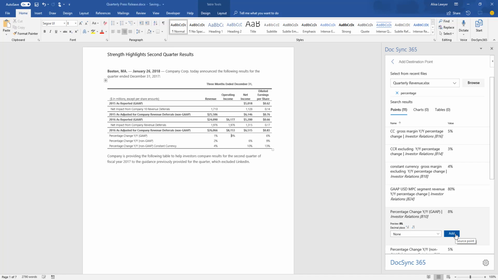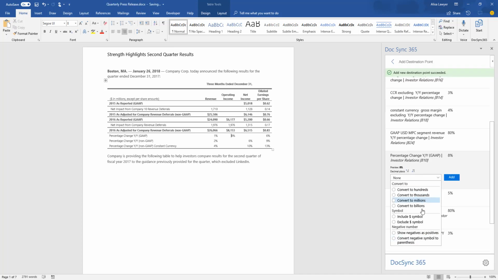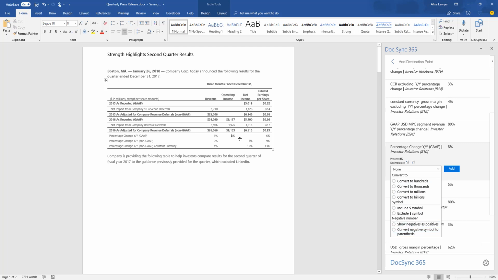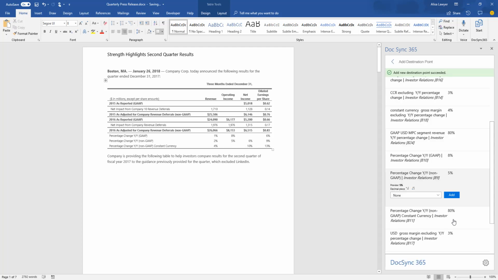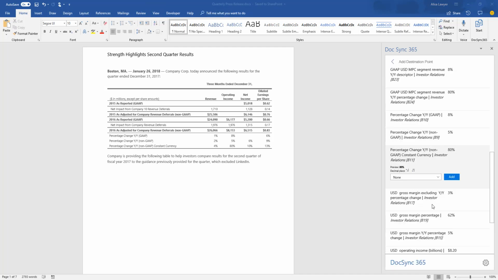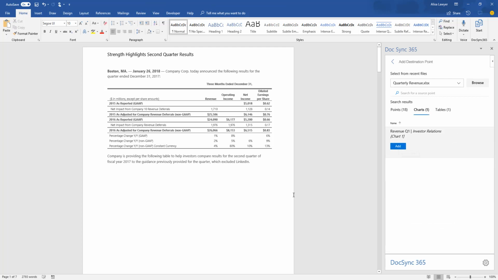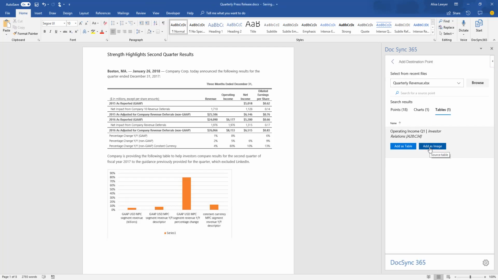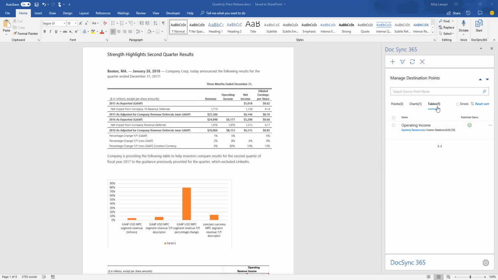You'll notice that before we add this value, we have the option to format the value. Now we'll place the other two source points in the document to complete our table. Before we return to the Excel document to update the values we just entered, we'll add a graph and a formatted table to this document. Now that we have added our